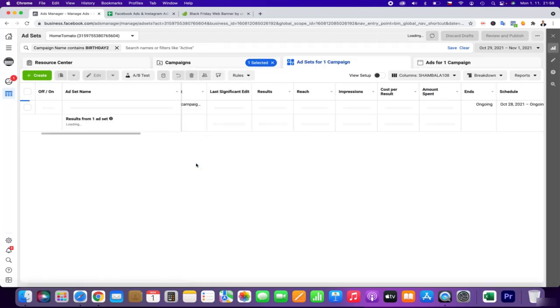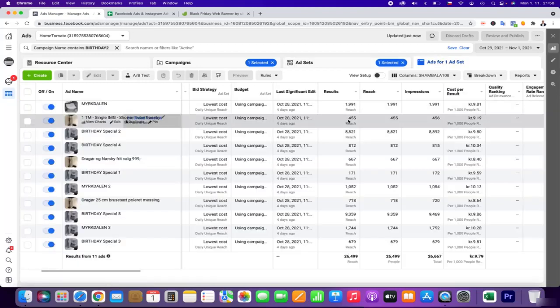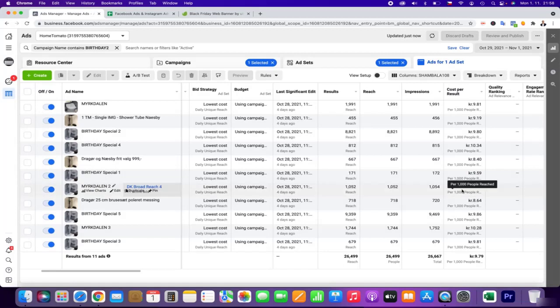I was not doing anything special. I was just checking which ads are doing better and worse, and I deleted the ads that had quite a high price for the reach. So I have fewer ads, because I had a lot.